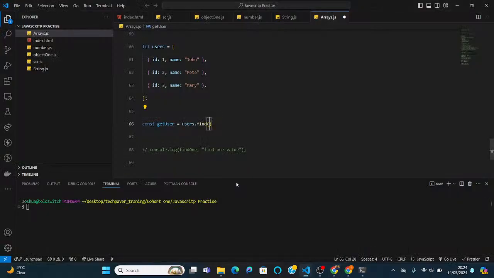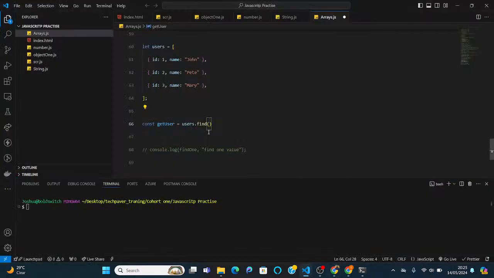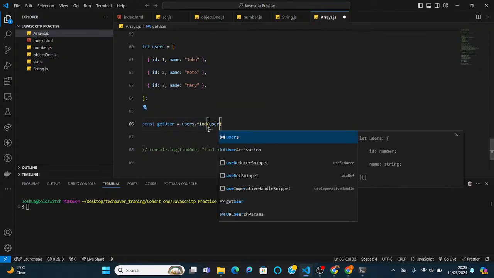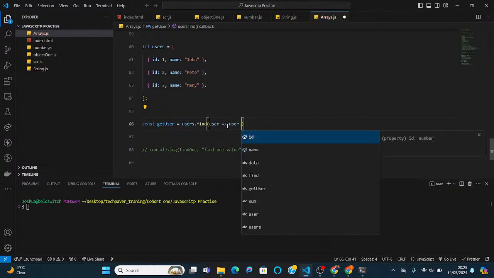Okay. So here we want to have, this must not be item, it can be anything. So users.find, you can name it user since we are looking for a user. So this user is representing each of these objects inside of this array. So here we want to find user.name